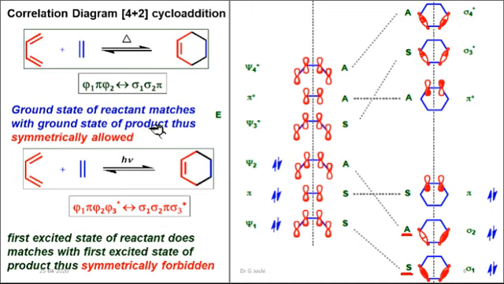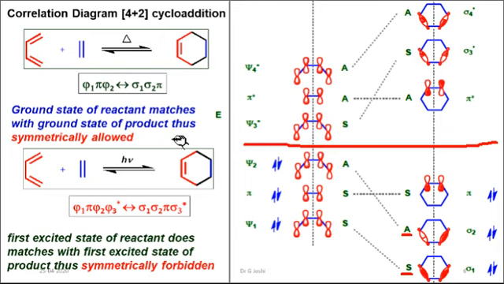Now we'll match the symmetry of molecular orbitals by lines, and we can clearly see that the ground state of reactant matches with the ground state of product. This is the ground state. From here we can say that this is the energy barrier separation. This is the line which is separating the energy barriers, these two energy states. This is the high energy state, low energy state. This level is known as bonding, this level is known as anti-bonding.